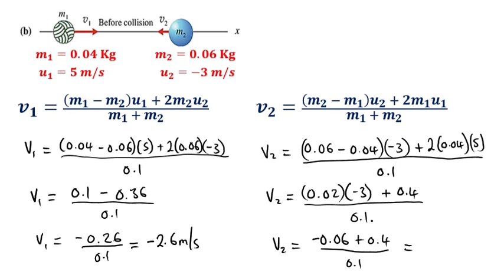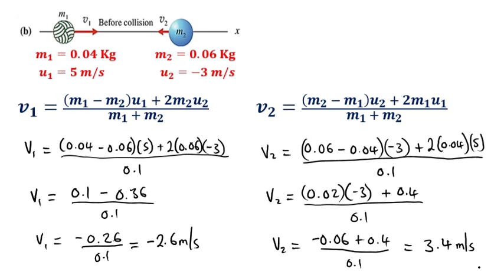This gives us 3.4 positive. Is this correct? Let me just go through again. So I said 0.4 minus 0.06 divided by 0.1. So 3.4 positive